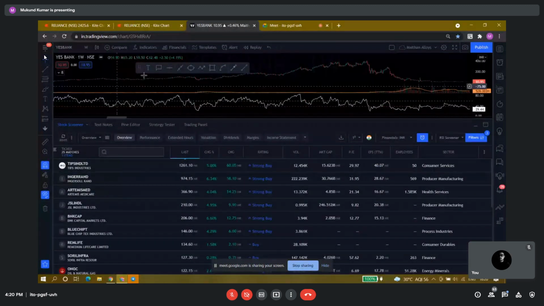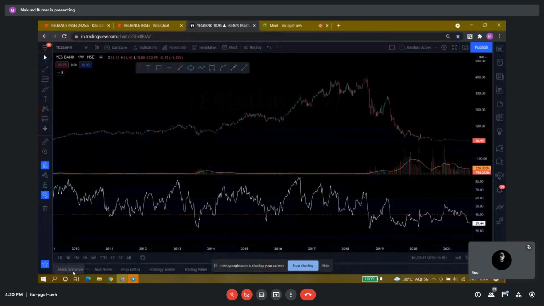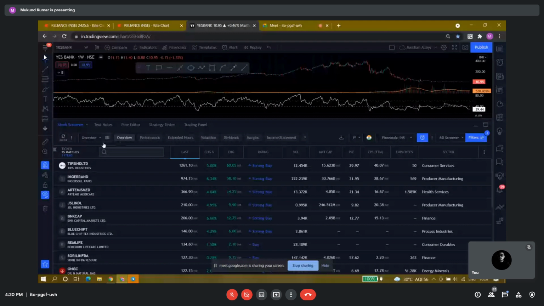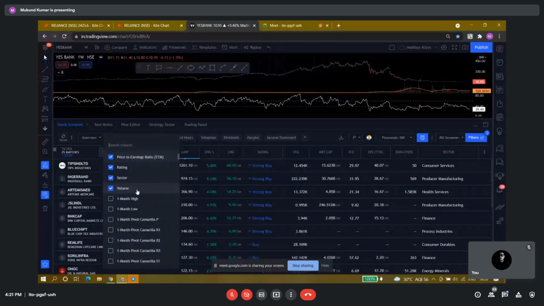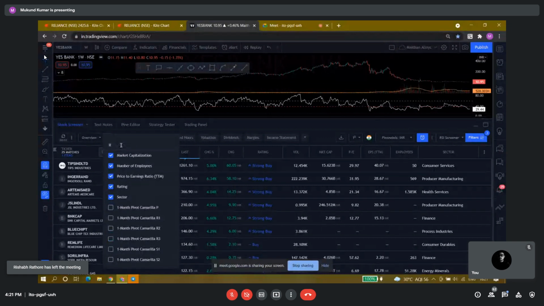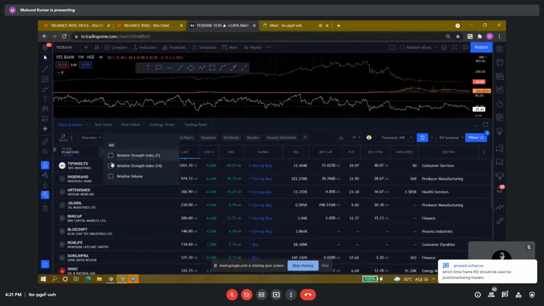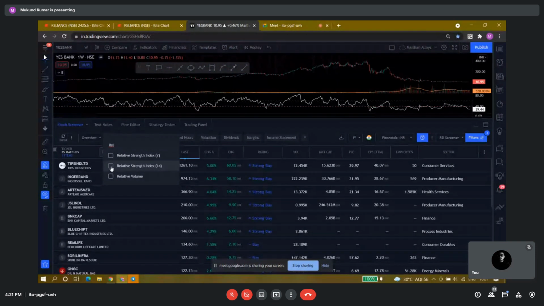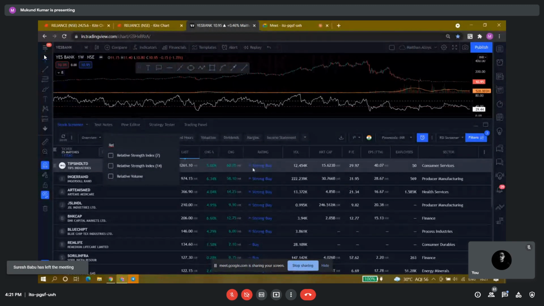Once you open this TradingView chart, you will see this stock screener at the bottom. Everyone will see this stock screener. What you have to do is simply get into the overview, and select this relative strength index. Okay, you have to select relative strength index 14. Once you select this 14, because I have already selected this 14 indicator,